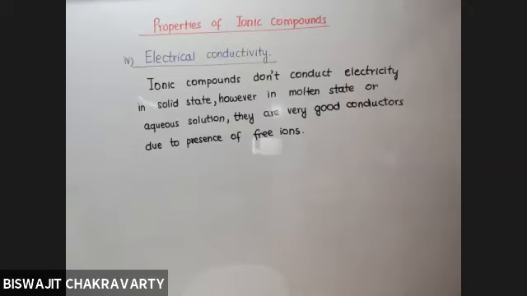So ionic compounds have ions in them, but they are restricted in the solid state as they are bonded to each other through strong electrostatic forces of attraction. But the moment they are in molten form, or the moment they are dissolved in water, the ions are free to move. That is why we can say that they become very good conductors in aqueous solution or molten form. But in the solid state, they do not conduct electricity. Understood? Is it clear? Yes. So remember this. Okay.